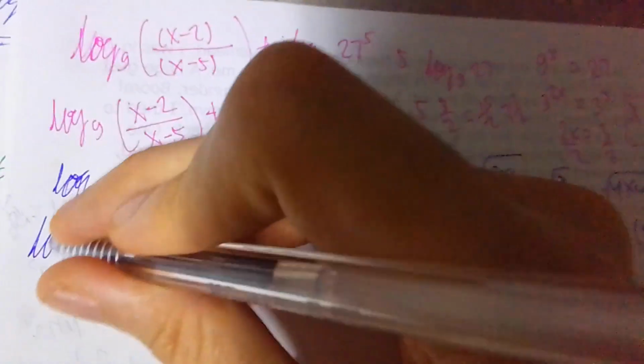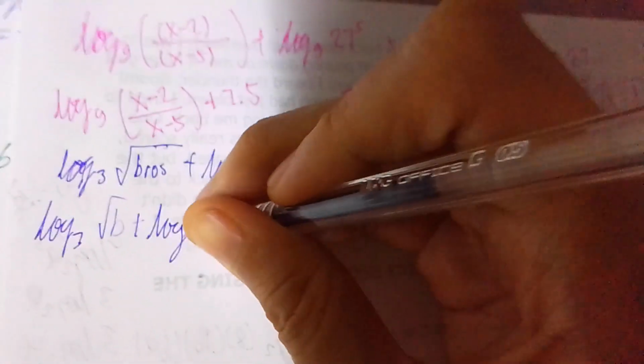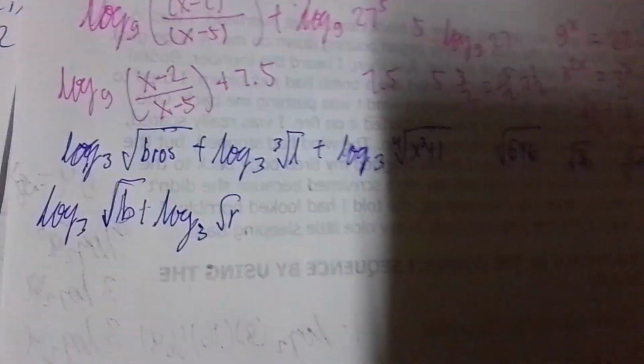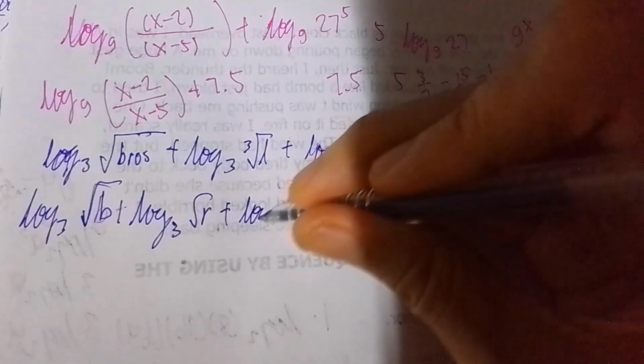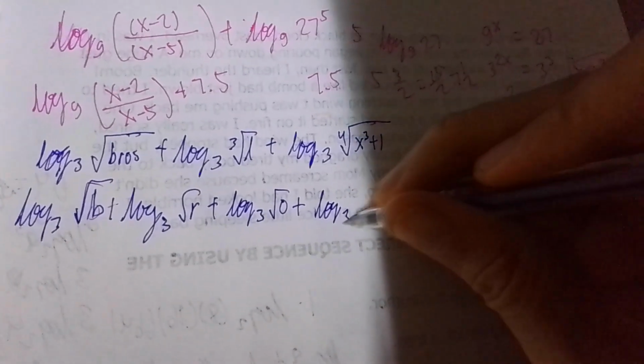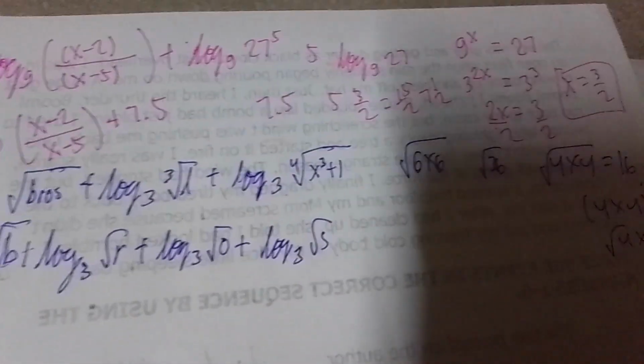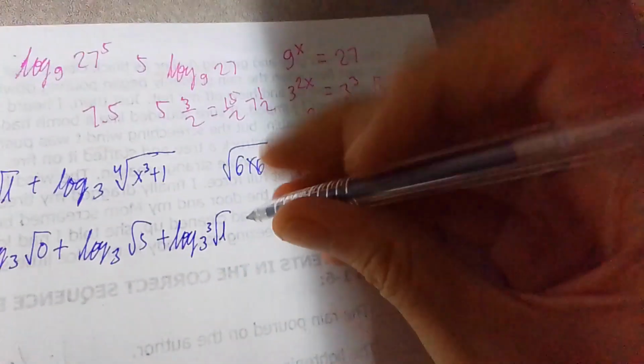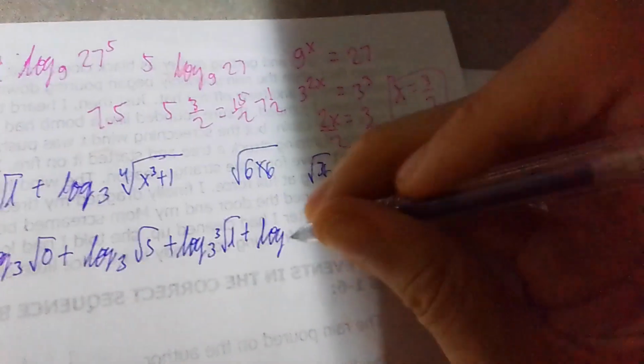We can also do that. So therefore, you can also rewrite it this way: log base 3 of square root of b plus log base 3 of square root of r plus log base 3 of square root of o plus log base 3 of square root of s. Right? And then we have log base 3 of the cube root of l plus log base 3 of